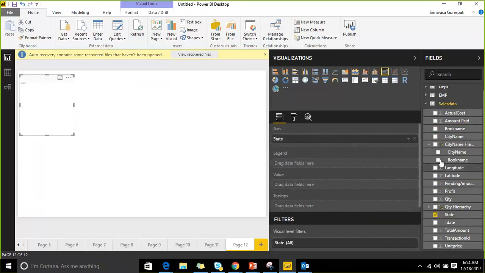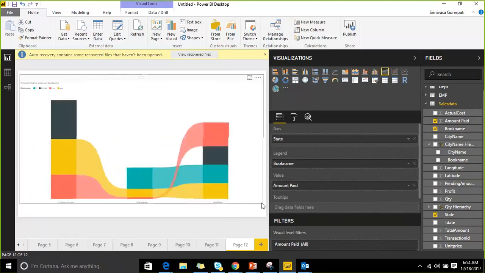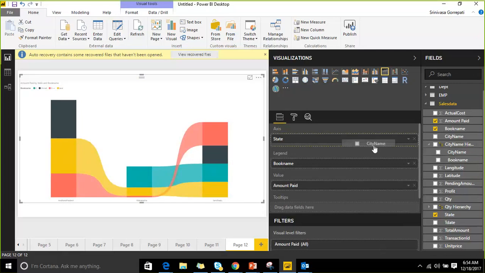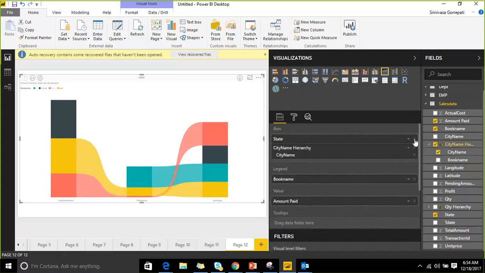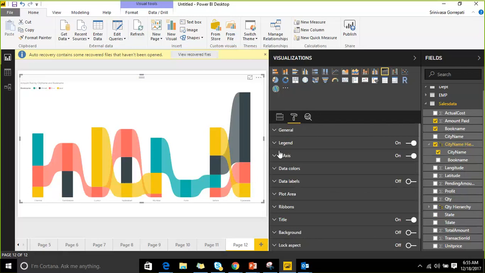The state and the city name. Okay, so state and book name and the amount paid. So you can understand that. Otherwise, instead of a state, I can use my city also. That makes some sense. Fine. Book name and amount paid. Let me enable the data labels